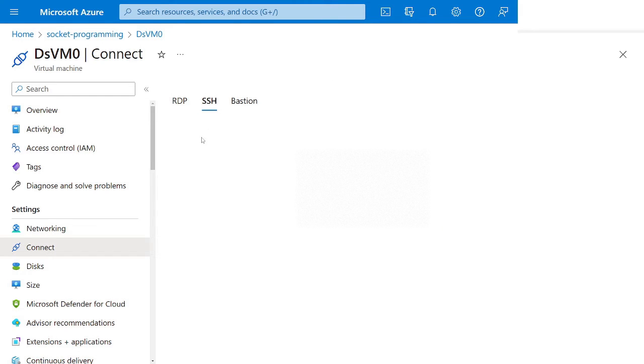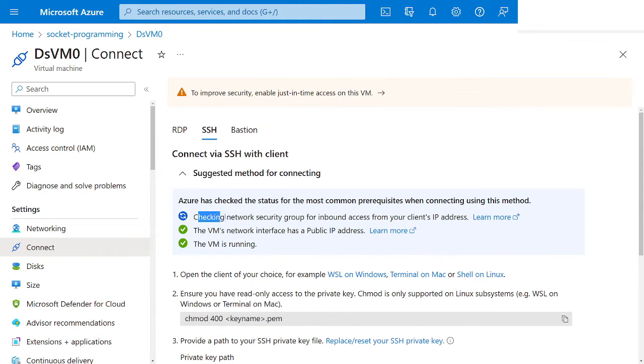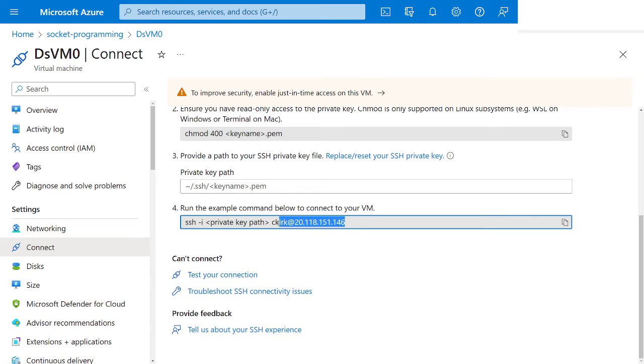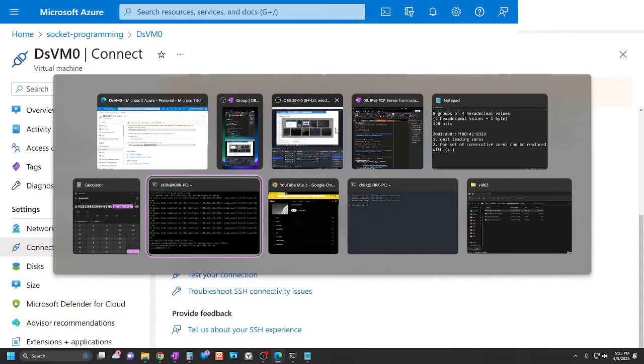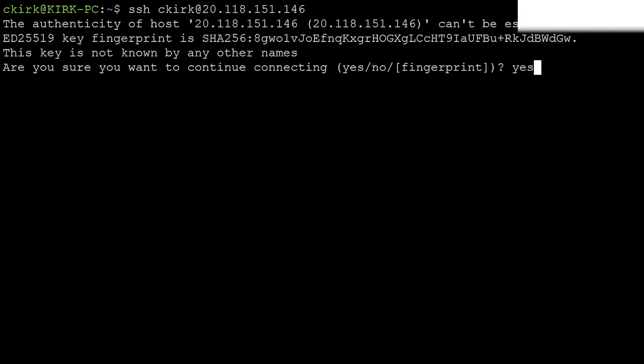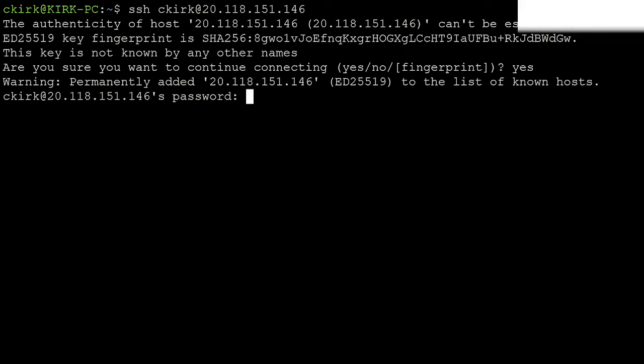If I switch over to SSH, that one-click button template has done everything for you, including giving SSH access to your virtual machine. So all you need to do is come down here, and we're not going to be using a private key path, but go ahead and get that username@IP address. And let's head over to terminal, and we are going to SSH, paste, enter, say yes, provide that password that you just set up for this virtual machine,